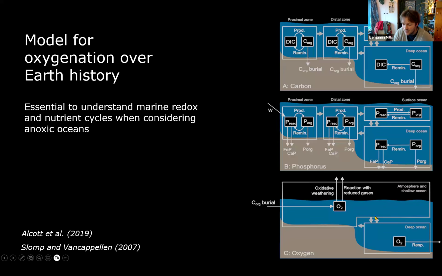And then finally, we have an oxygen cycle. This is a little less detailed than the other cycles. We just assume that all the surface ocean oxygen, mixed layer, and atmosphere all lives together in one box. This represents, I think, less than 1% of all the oxygen on Earth. Most of it is in this big deep ocean box here. So this is how we chose to represent the system.